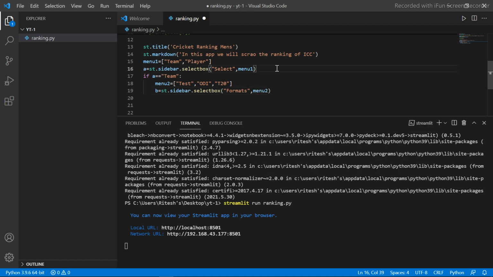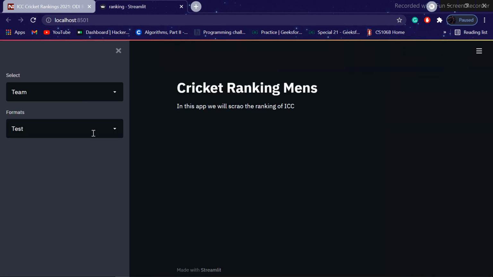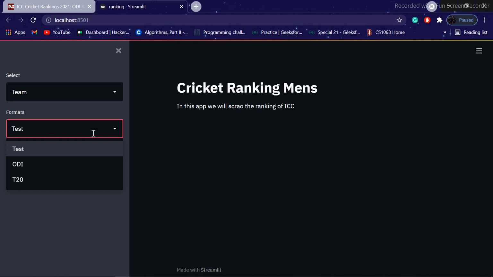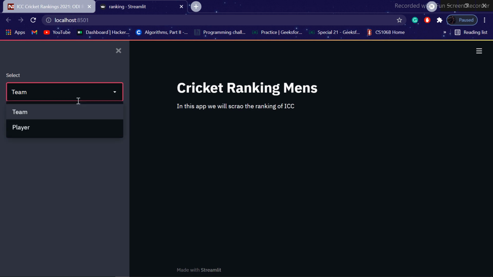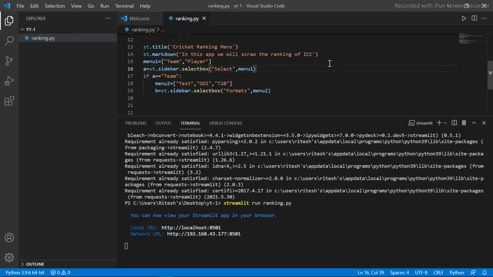Now let's see. It's working fine. Now we have a select box for both sections, team and players, and for formats. Now the main part comes, how we have to show our data.